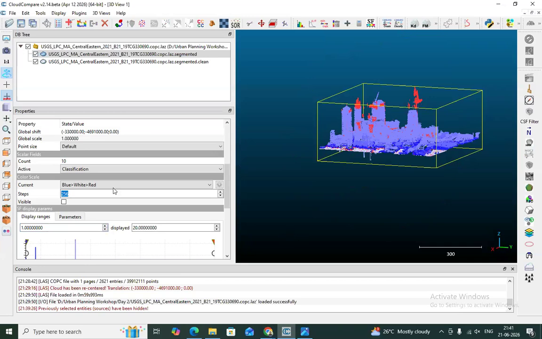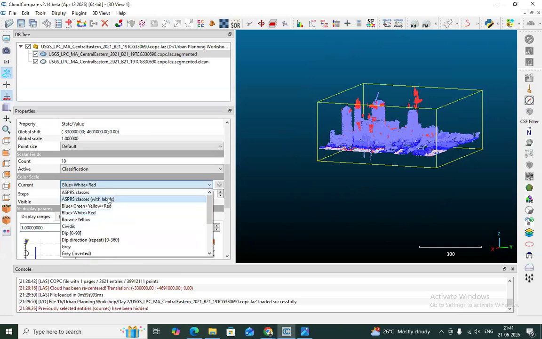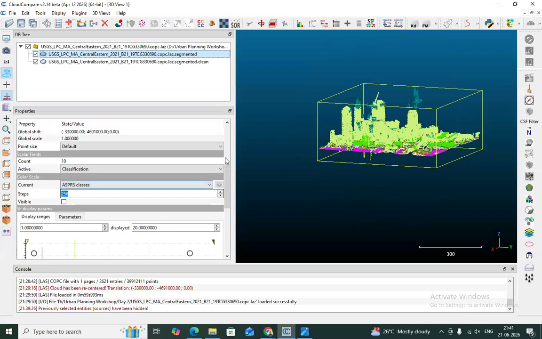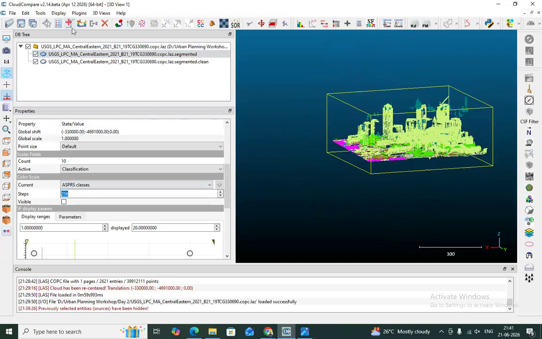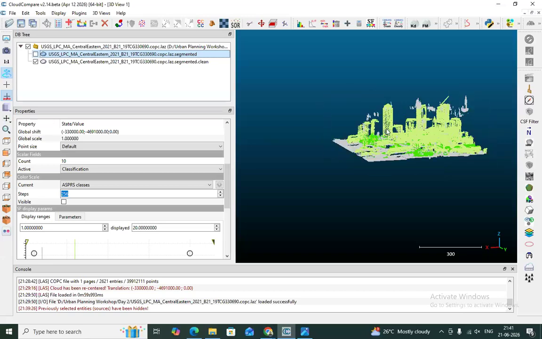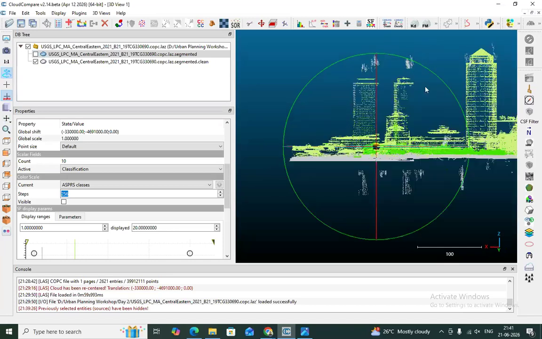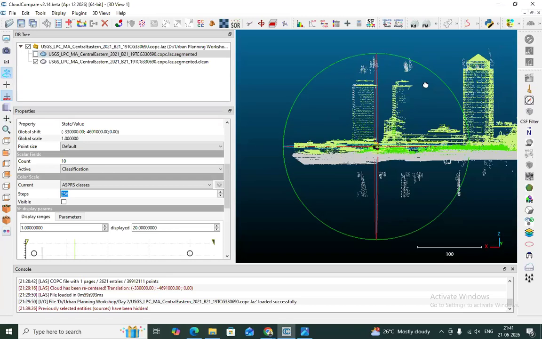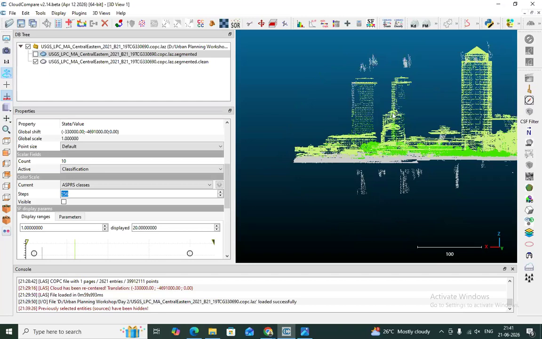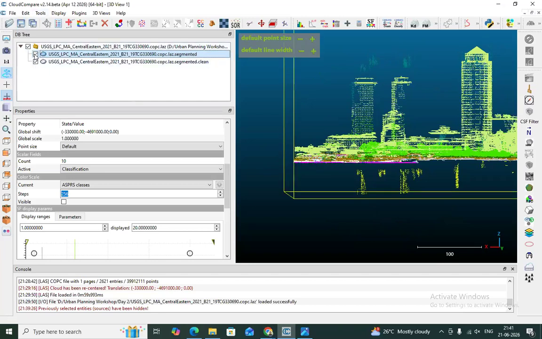Yeah, and let's make it as per this one. So we can see some noises are eliminated, removed. You still have some noises, but you can also manually clean that, or you can use the outliers options.